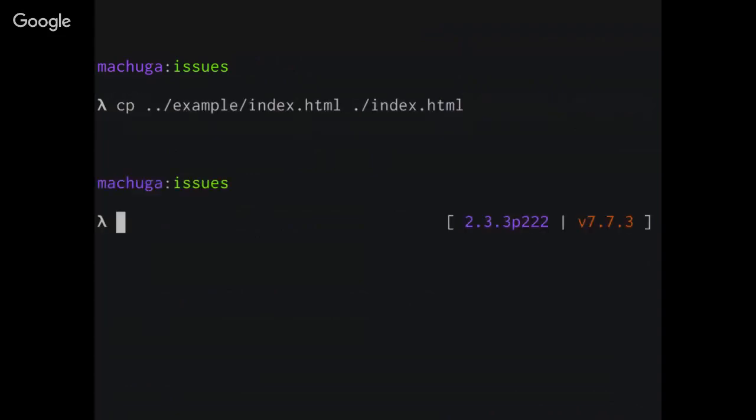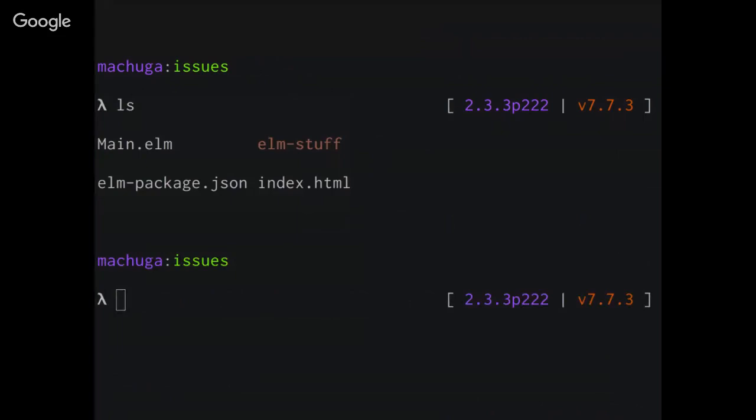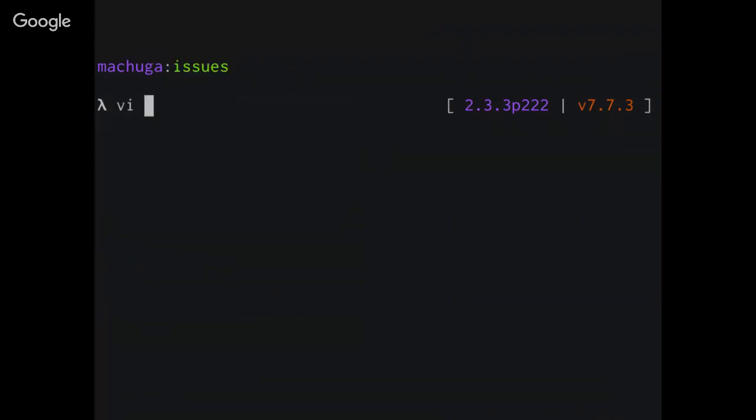So then I'm going to copy this pre-made example. I've already made an HTML file behind the scenes. I copy it in, and we're going to use this as our template. And this is everything inside of the directory as we've started. When we ran elm package install, it created that elm-package.json file for us. That directory that says elm-stuff is where it shoves all of the packages and meta information about them. Index.html is just the thing I copied in, and main.elm is probably where we're spending the rest of the time. And you can think of elm-package.json as the same thing as package.json or composer.json, all those.